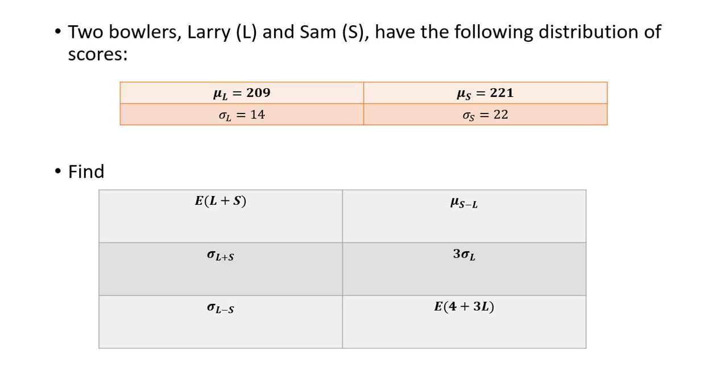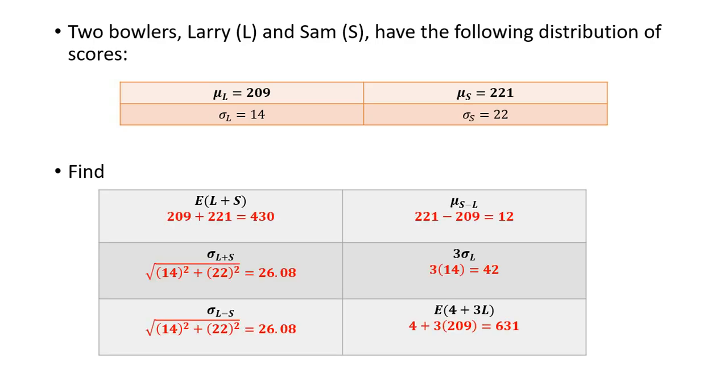So looking at this data that was given, take a second and find the expected value of L plus S, the mean of the difference of S and L, the standard deviation of L plus S, 3 times the deviation of L, the deviation of L minus S, and the expected value of 4 plus 3L. All right, so